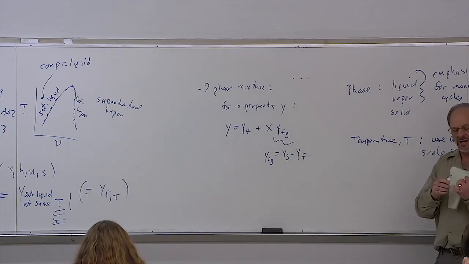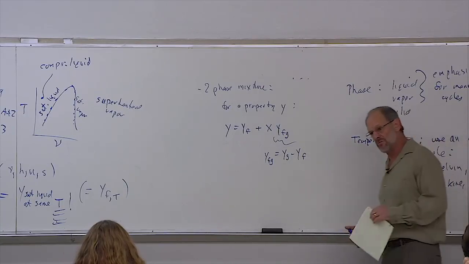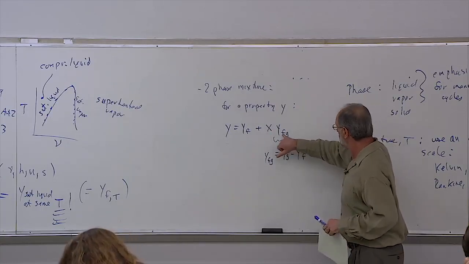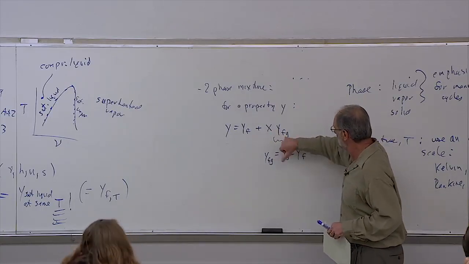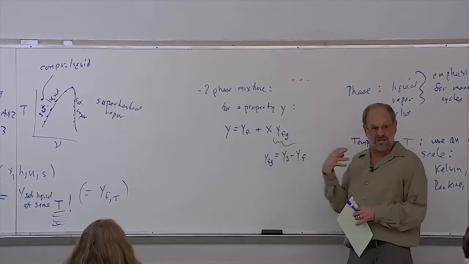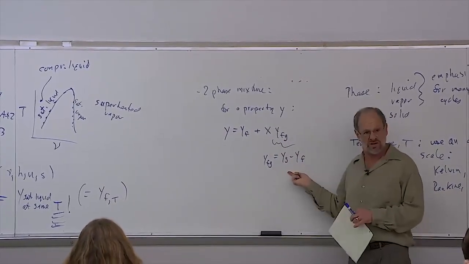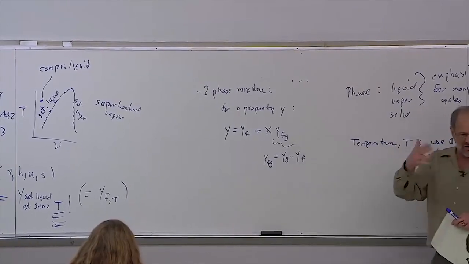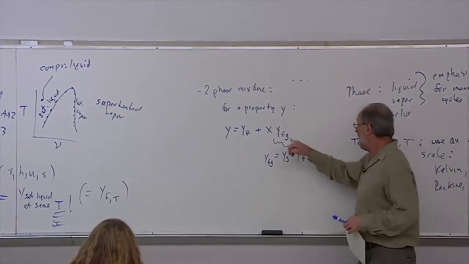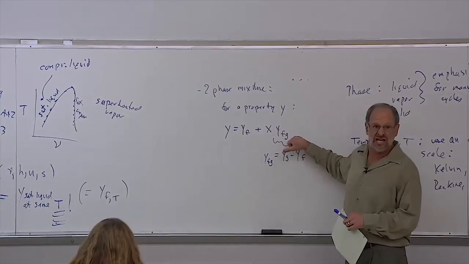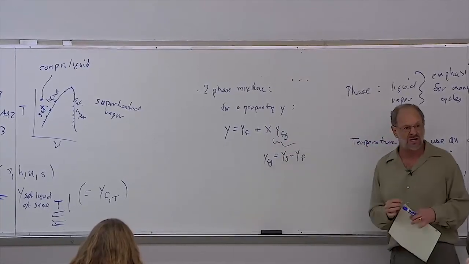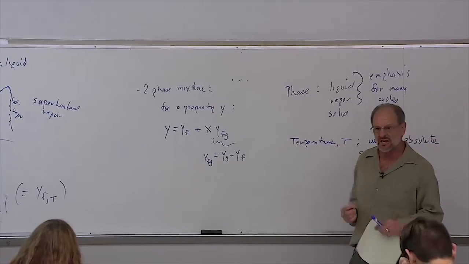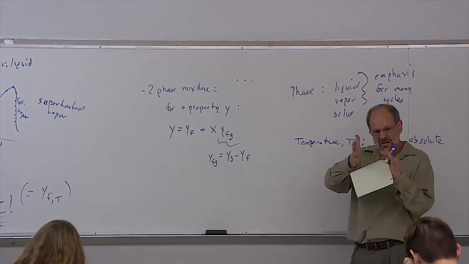So if you look into your tables in the back of the book, specific volume data only gives you the value of the saturated liquid and the value of the saturated vapor, so you actually have to physically take the difference between the two to use it in this equation above, right? On the other hand, the internal energy, enthalpy, and entropy, you already have the FG data. It would be called internal energy of evaporation or enthalpy of evaporation, or sometimes of vaporization. It's basically the difference between the liquid and the vapor.